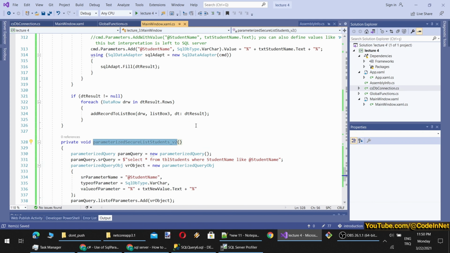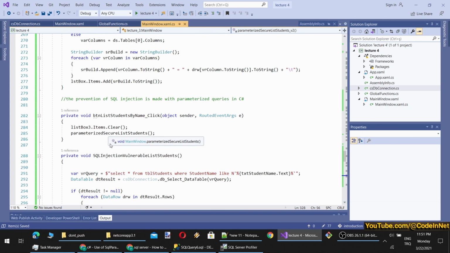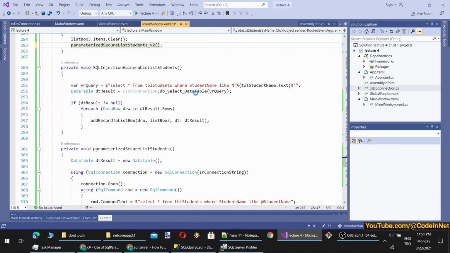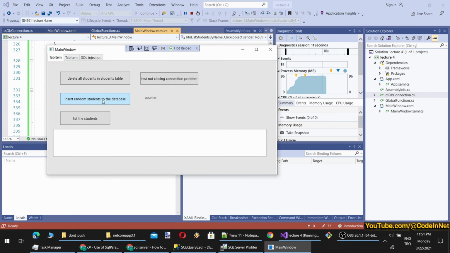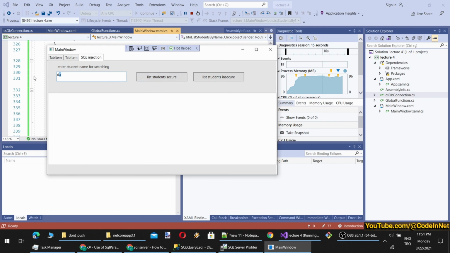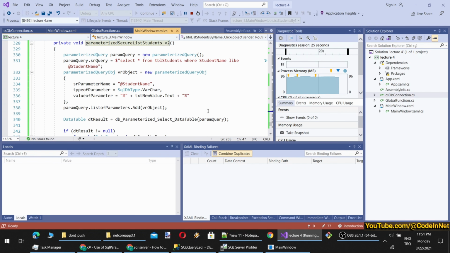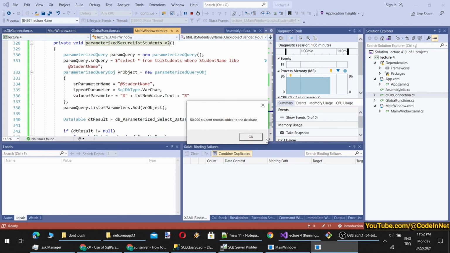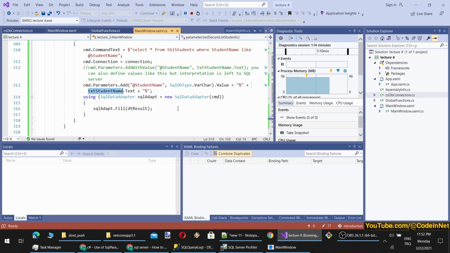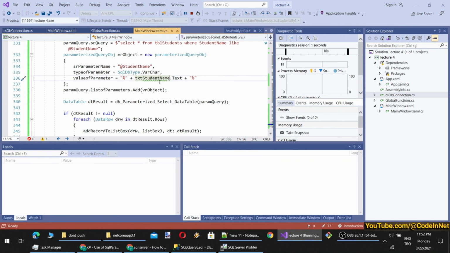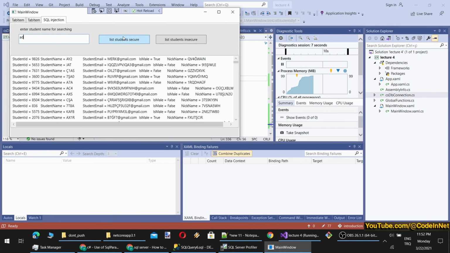Now, instead of version 1, we will call version 2 and see whether it is working or not. Okay, AS, student, BA. I think we have none right now. Let's add some record. BA, AS, A0. There is some problem. Let's see what could be the problem here. Okay, we have set the query. We have set parameter name, type of parameter, value of parameters. Oh, this is the incorrect text. We have to use the txtStudentName. That is why we had provided an incorrect text box name. Okay, now it is working.